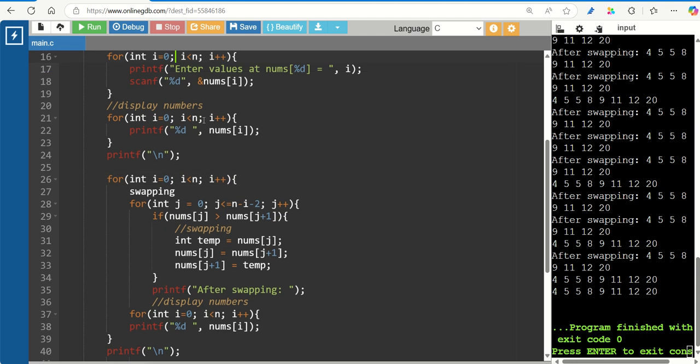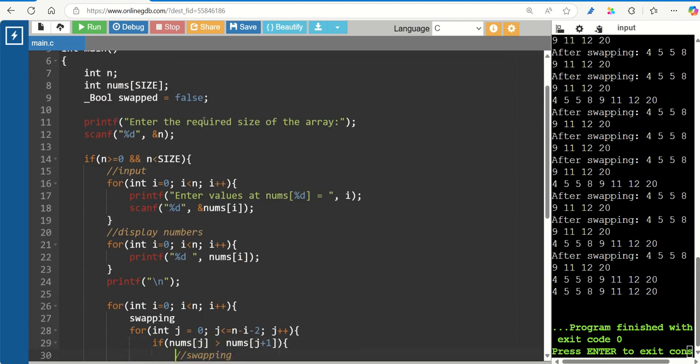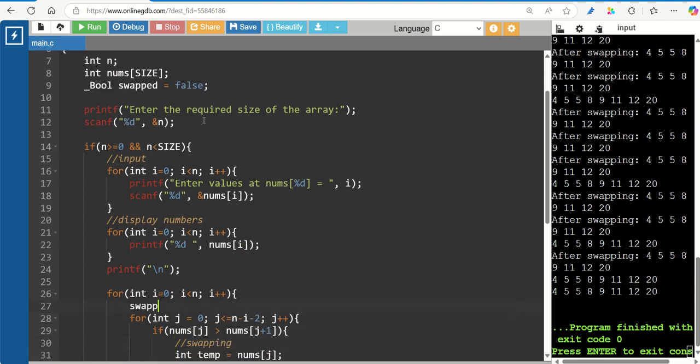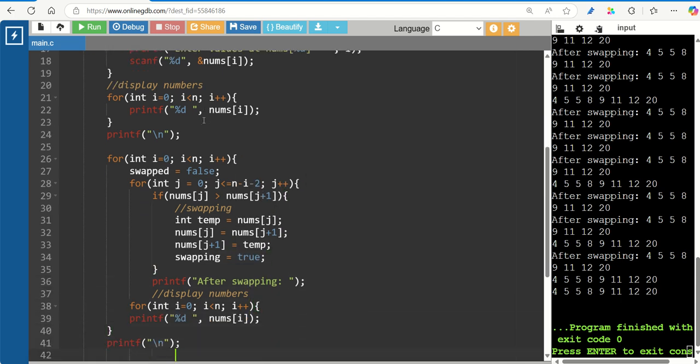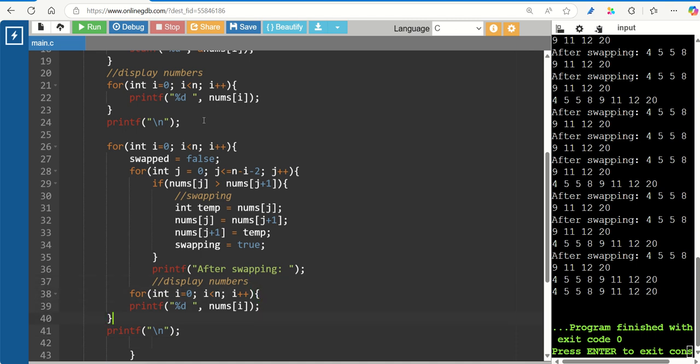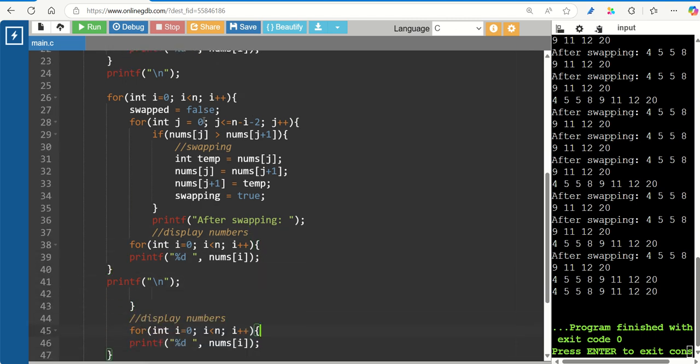so here it is coming with swapping or swapped, what is the name? Swapped, not swapping, sorry, swapped not done, so I make it false. And now here swapping done, so I will make it true, swapped equal to true. So if swapping done, I'm going to the outer loop now, okay. So this is my outer loop,